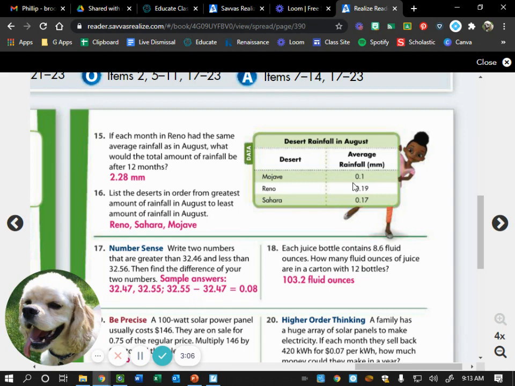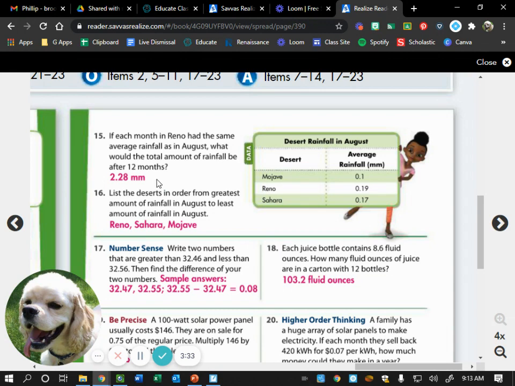You should have taken 12 times 19/100, and that would have gotten you the digits 2, 2, 8. Then you should have asked, how many digits are behind my decimal? Well, 2, because 12 is a whole number, and we have the 1 and the 9 behind the decimal here. So you should have moved your decimal in twice for 2 28